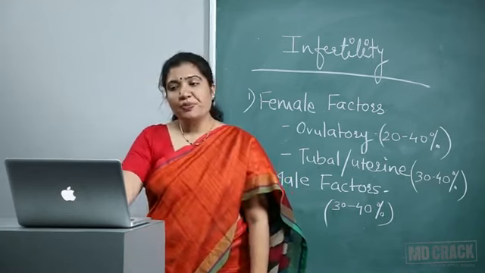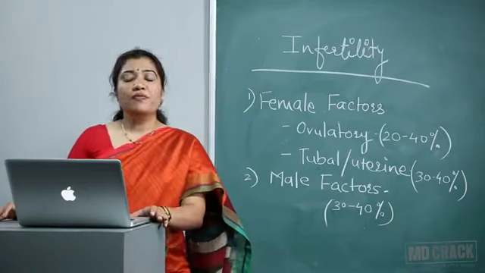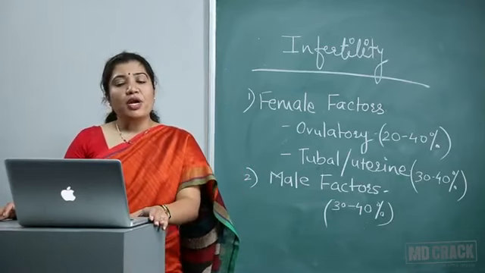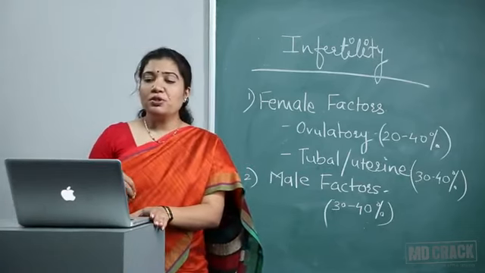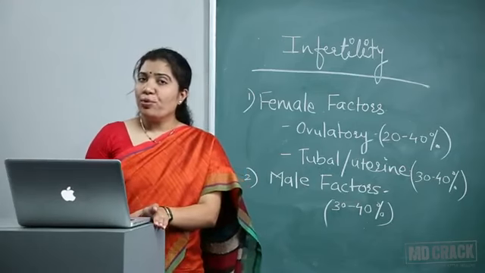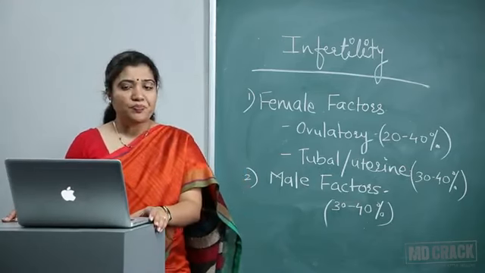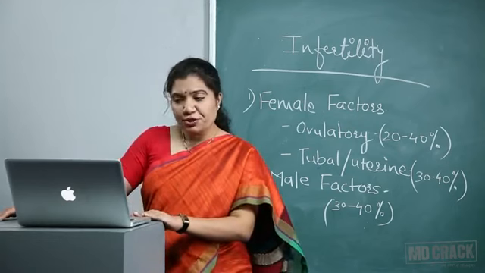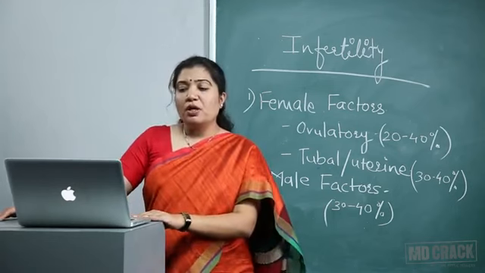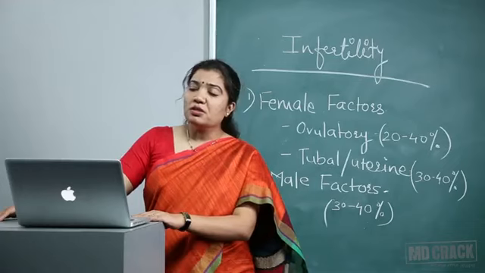So Asherman's, septate and bicornuate uterus, we can do metroplasty. For adenomyosis, we can do surgery or medical management. Fibroids, we can do myomectomy. Dyspareunia, correction of retroverted uterus. Now in case of cervical factors, we can